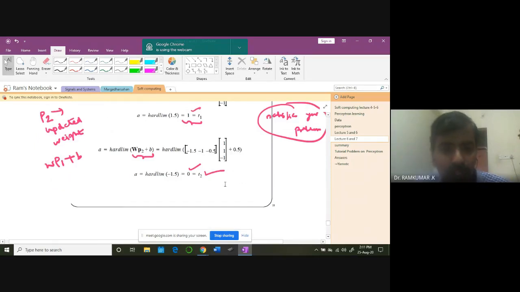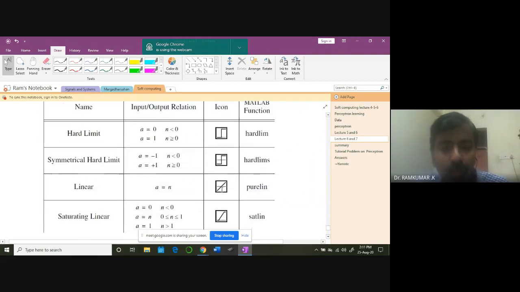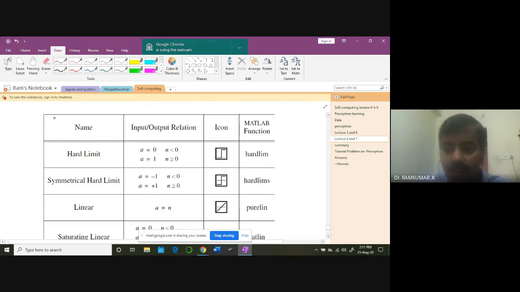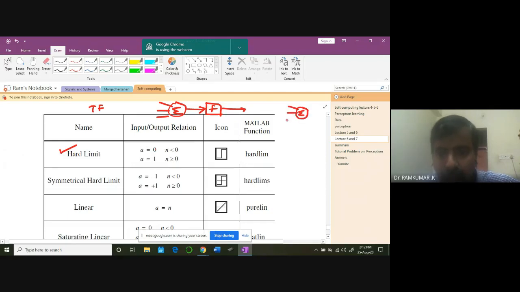So that's the kind of problem we solved. Now I'm introducing you to the corresponding transfer functions. For example, you have a summation, all the 3 inputs are going in. When you take it out, you can pass it through a function. That's what we learned: the hard limit function. There are many other functions also, like the hard limiter that we have just seen. What I really mean is after taking the summation.